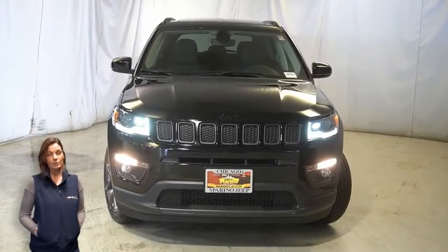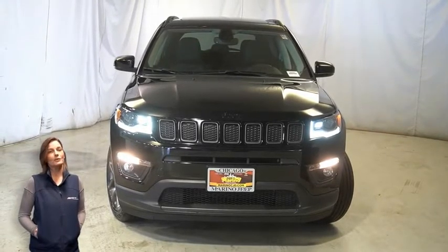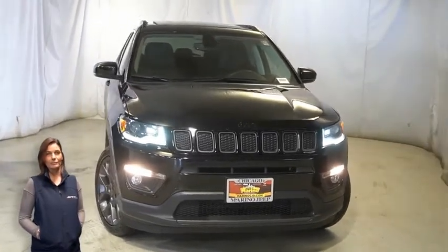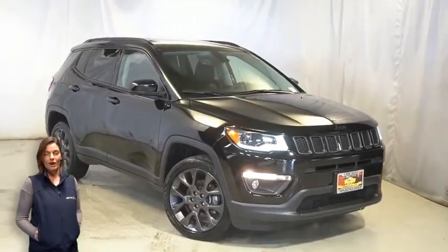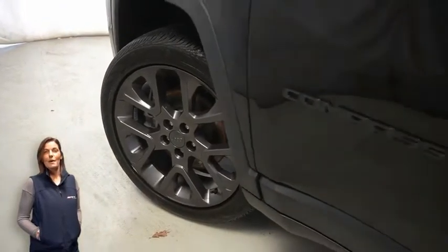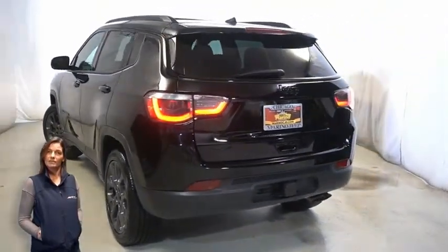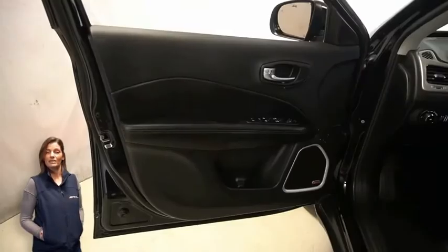Looking for a highly equipped compact SUV with all the right options and reliability? We'll take a look at this certified pre-owned 2019 Jeep Compass Limited in Diamond Black Crystal Pearl. With BI-XENON HID headlamps, front fog lamps, 19-inch aluminum wheels, black side roof rails, LED tail lamps, heated front seats, heated steering wheel, 10,000 miles on the odometer,